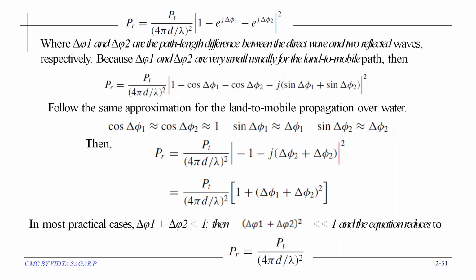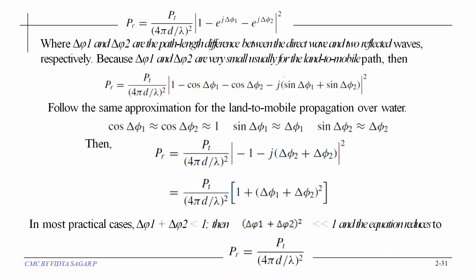By adding the complex terms in terms of cos and sine, the equation becomes like this: 1 minus cos (delta phi 1 minus delta phi 2) sine (delta phi 1 plus delta phi 2), right? So here we follow the approximation where sine theta is equal to theta and cos theta is equal to 1. The equation reduces to